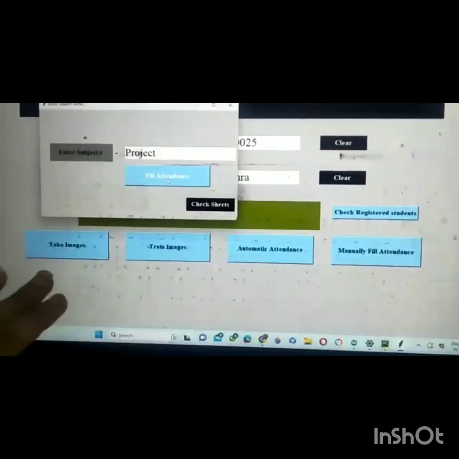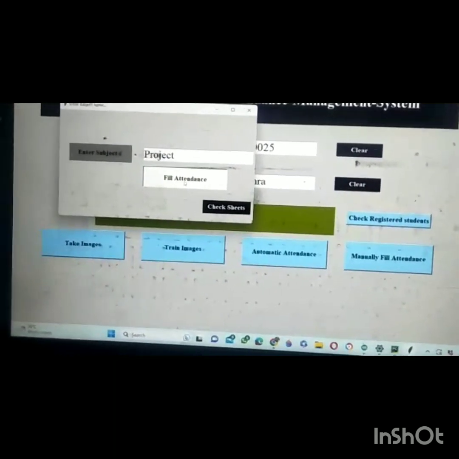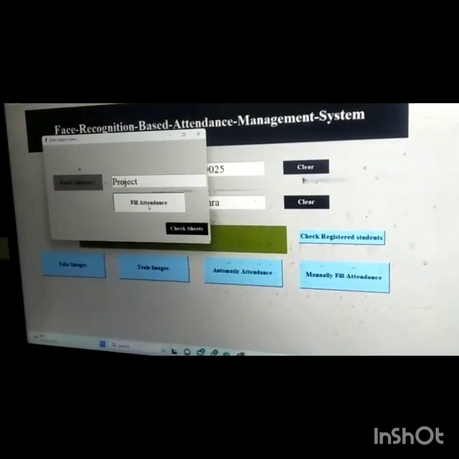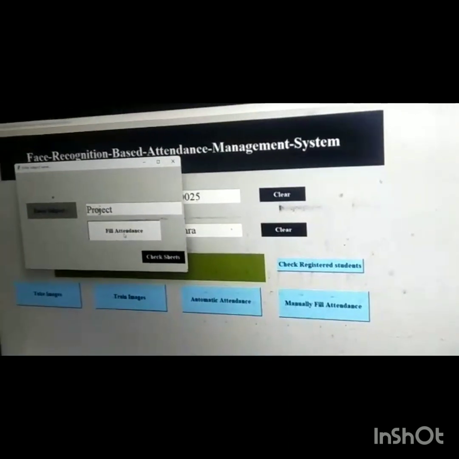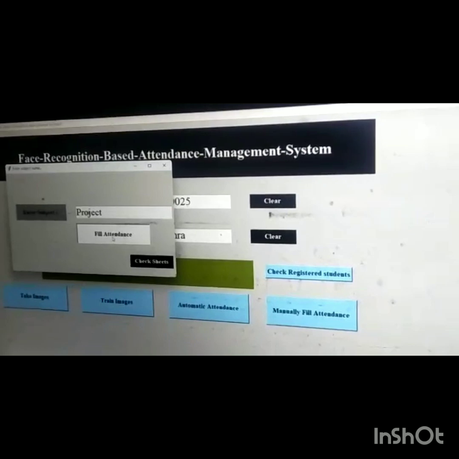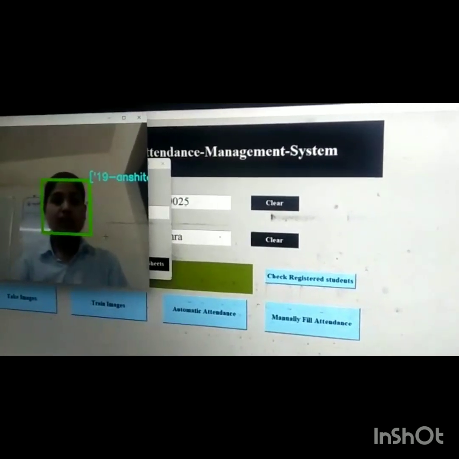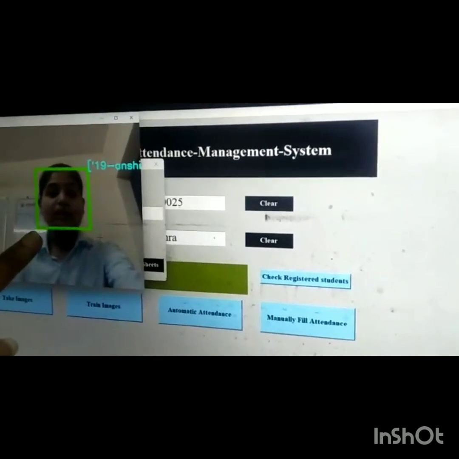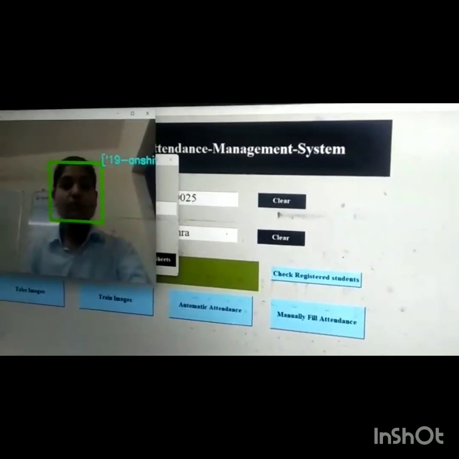Then I'm clicking on fill attendance. Then we see that our name and roll number are here, and it recognizes our face and marks our attendance.